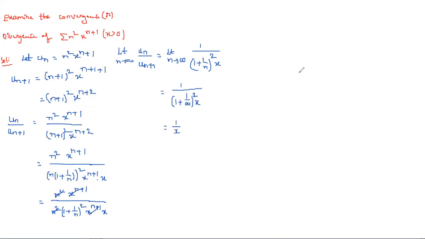So this is not a fixed value like the previous problem, 4 by 3 or 5 by 2, where we can easily say either convergent or divergent. But here it is in terms of x, and that may be convergent and that may be divergent. So for that, what can we write? By ratio test,